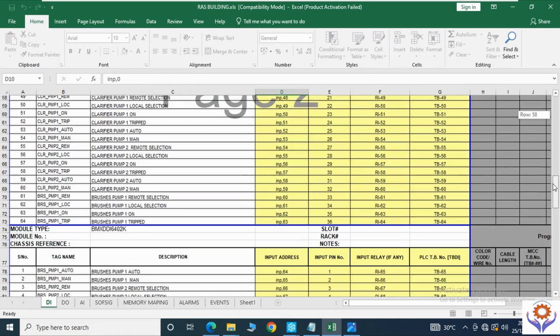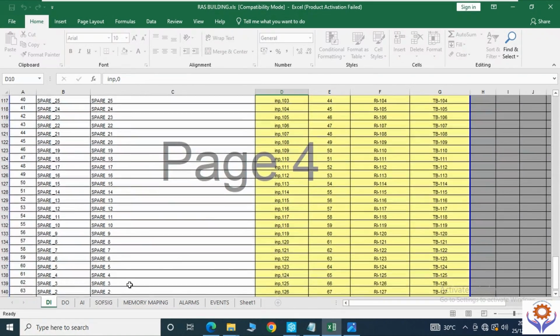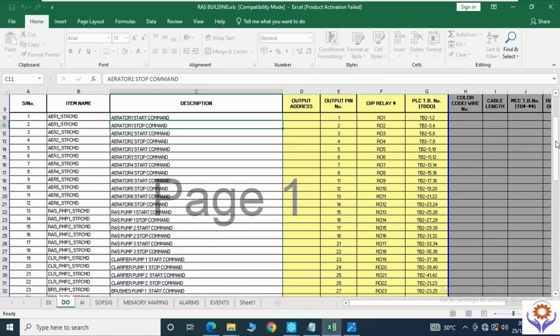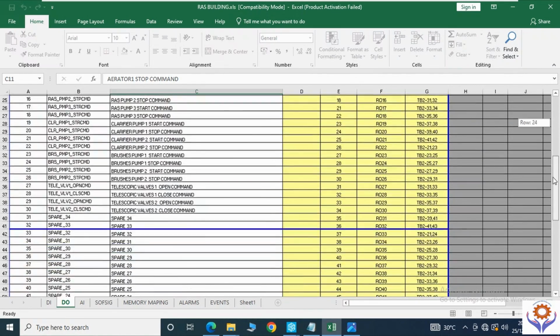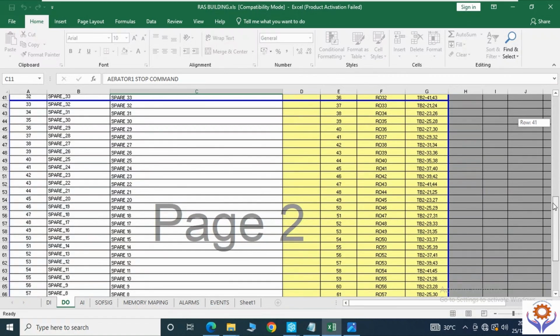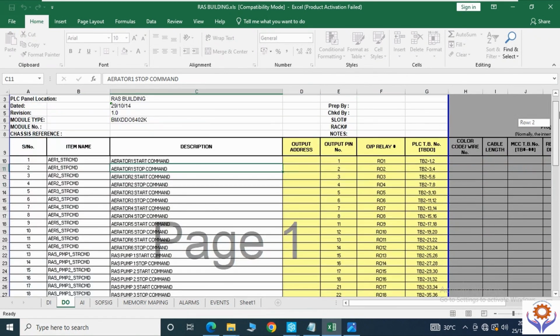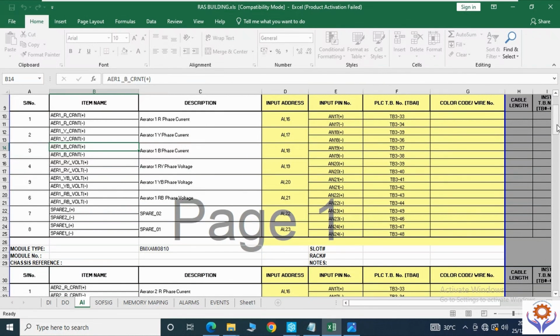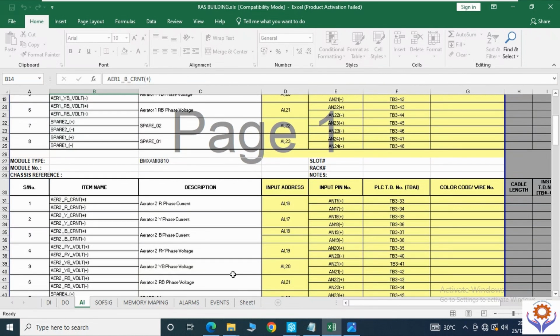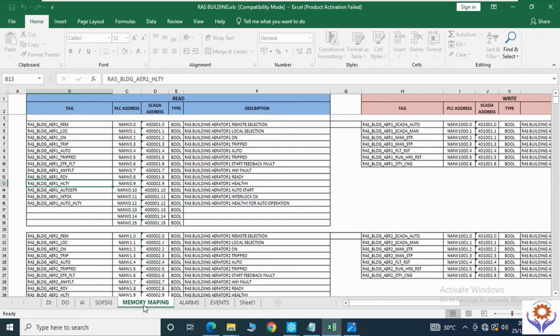Okay. And if you go for DO, you have a start command and a stop command for all. I told you, you can use either start and stop in the same command, or you can use separate commands also. And for analog, the aerator current and everything, these are 4 to 20 milliamp signals. And here is the main point which we configured here, because I told you the aerator remote we use